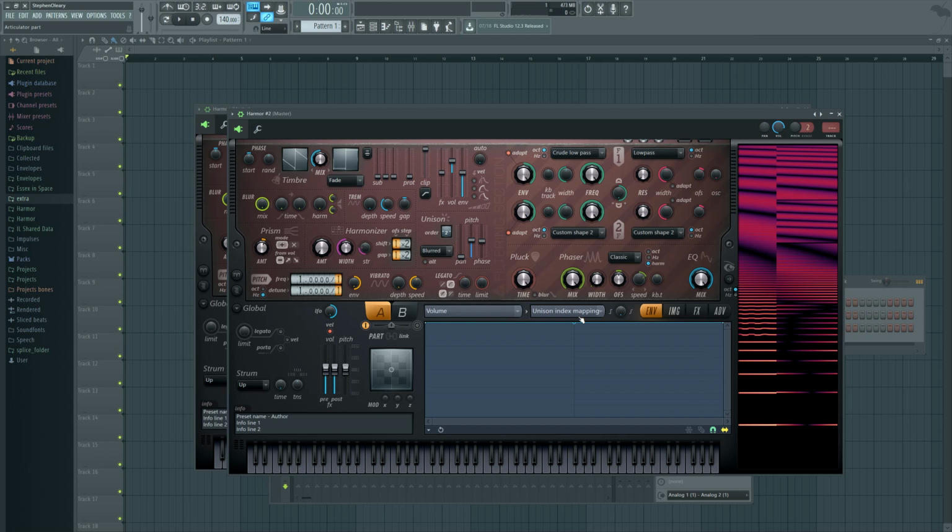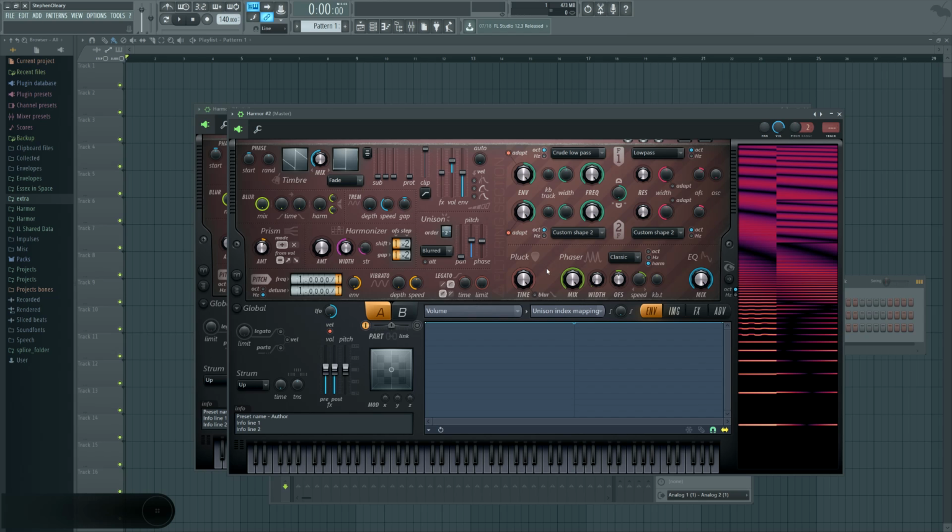And what do you think the chances are of actually matching up your parameters perfectly, even if you're doing it by hand with the knobs? You're not going to get them perfect, which means not only are you getting pitch unison and phase unison, but you're getting parameter unison. In the DPO there's a wave shaper setting, and that's not going to be perfect, so there's going to be a little bit of difference between those two things just because of that. So the Unison index mapping feature inside Citrus and inside Harmor, because it's in both, actually replicates that